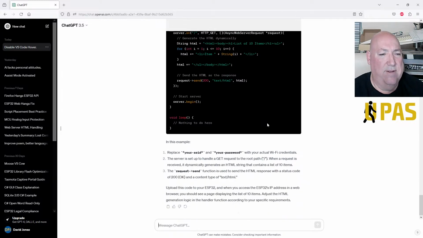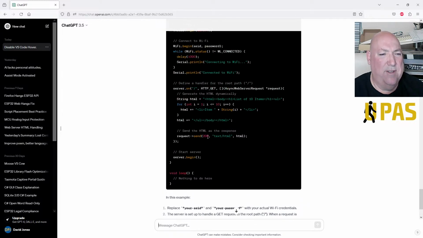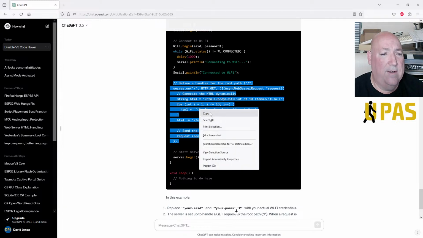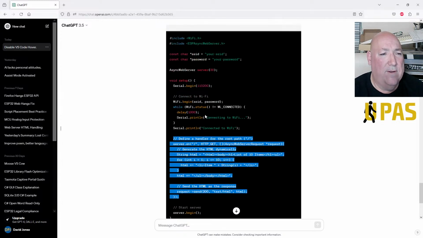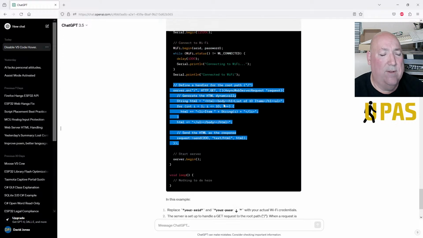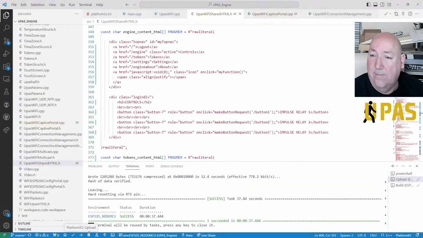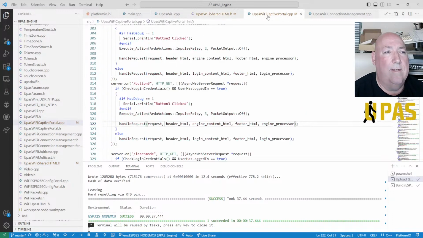I'll give that a go. I don't know if that will work, but we're doing a send. Yeah, we're doing a send instead of a send_P, which is okay. Okay, we could do that. In fact, we could just copy that example straight out of there. And right, Wi-Fi, that's all boilerplate code there. Yeah, we'll just copy that. Let's just try that. Let's just do it, shall we? It's easy to do, isn't it?